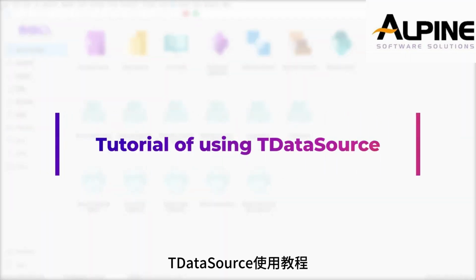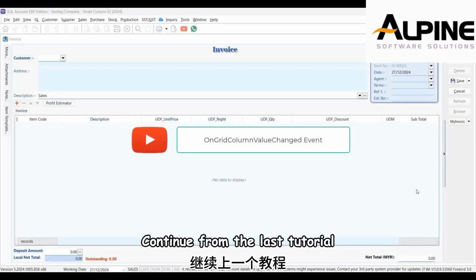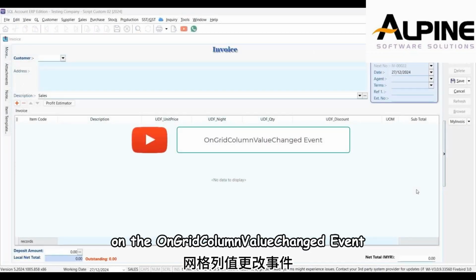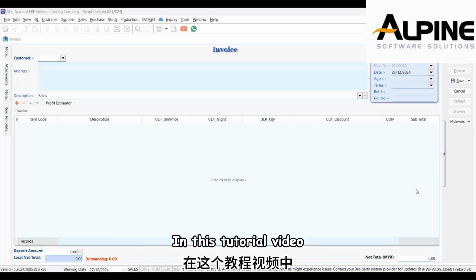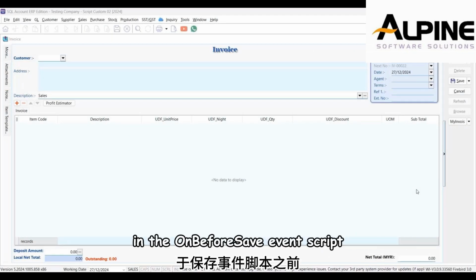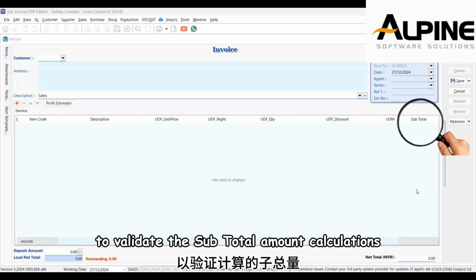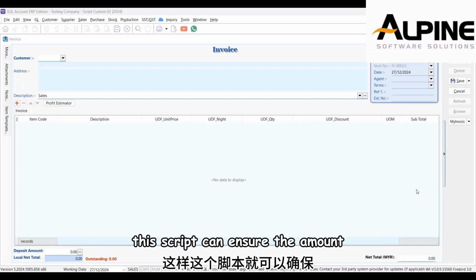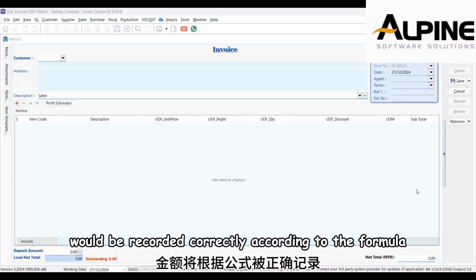Tutorial of using TDataSource. Continuing from the last tutorial on the on-grid column value changed event, in this tutorial video, I will guide you on how to use the TDataSource object in the onBeforeSave event script to validate the subtotal amount calculations, such that this script can ensure the amount would be recorded correctly according to